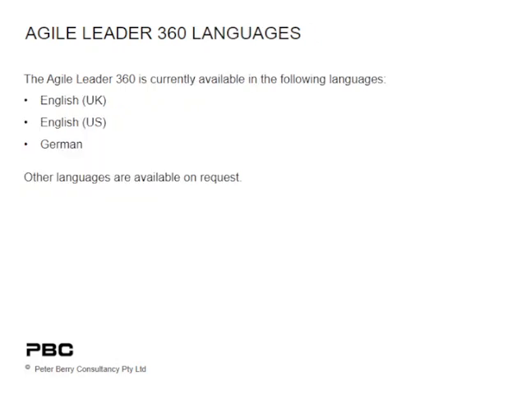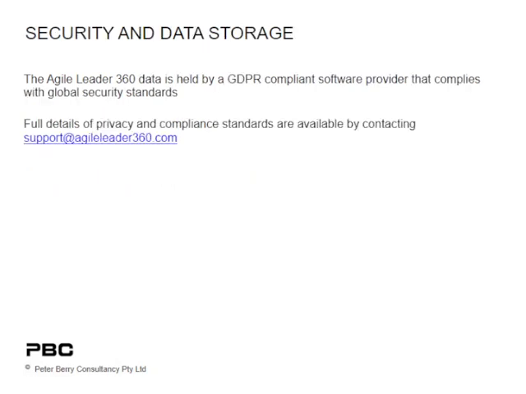As of August 2019, the Agile Leader 360 is available in UK English, US English, and German. Other languages are available on request. The Agile Leader 360 data is held by a GDPR-compliant software provider that complies with global security standards. Full details of privacy and compliance standards are available by contacting